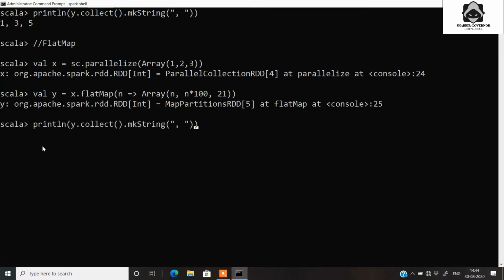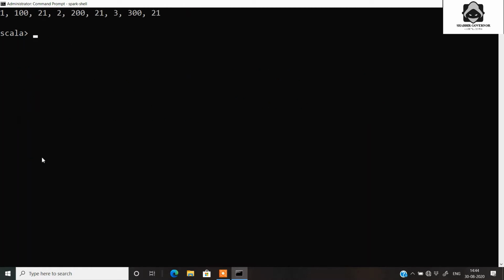So flatMap will do it for every element in the original RDD. Let's print the original RDD first of all, 1 2 3, and in the output you can see we get 1, then 1 multiplied by 100, that is 100, then 21, the constant. Then we have the second one, 2 multiplied by 100, 200, then 21, and 3 multiplied by 100, that is 300, and then 21.